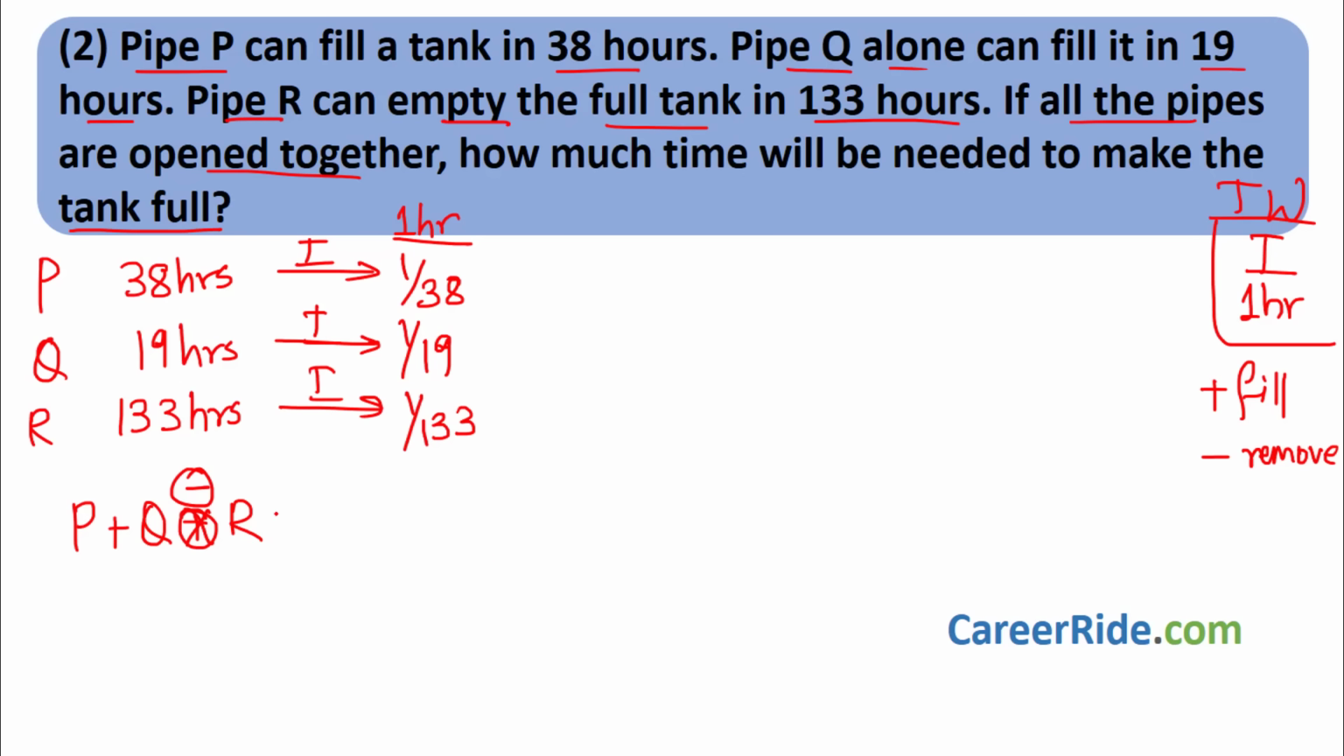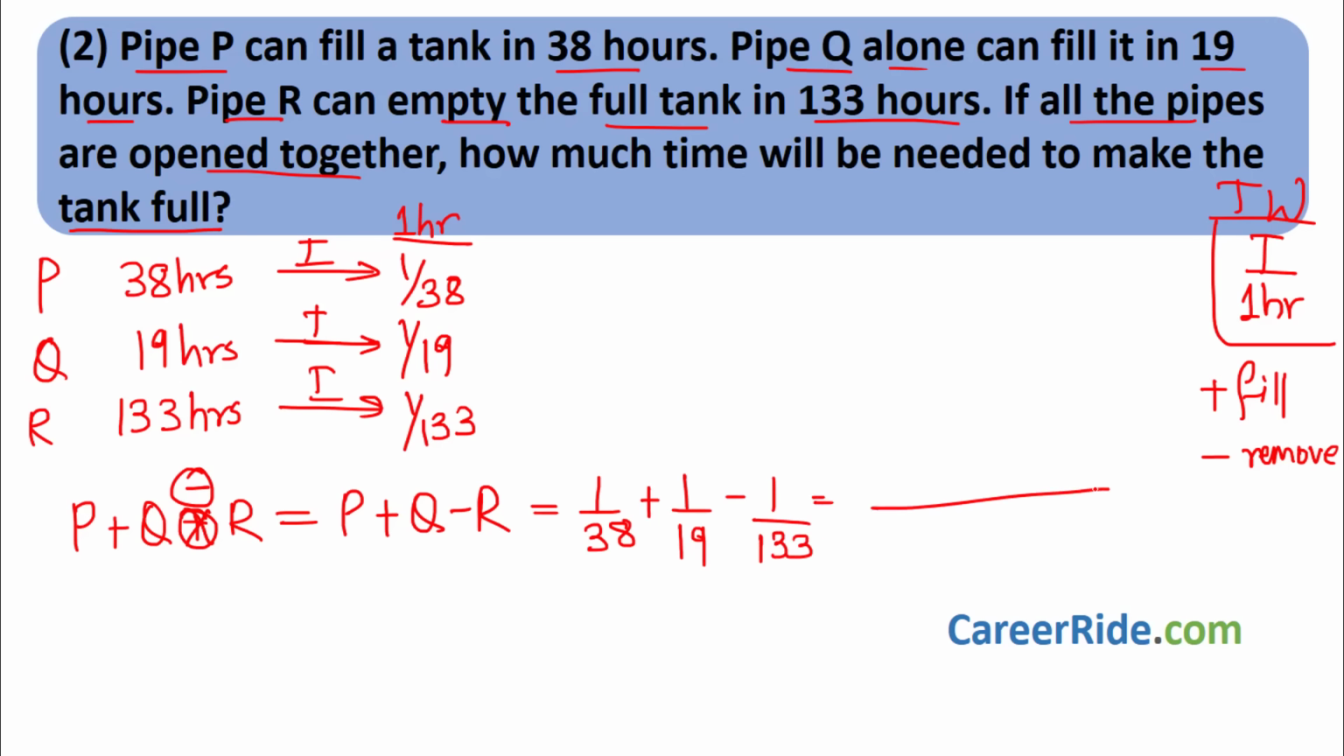So what we will have over here? We will have P plus Q minus R. All the pipes are opened simultaneously. So in 1 hour, what would be the work done by pipe P? 1 by 38. In 1 hour, what would be the work done by pipe Q? 1 by 19. In 1 hour, how much work would be removed by pipe R? Minus 1 by